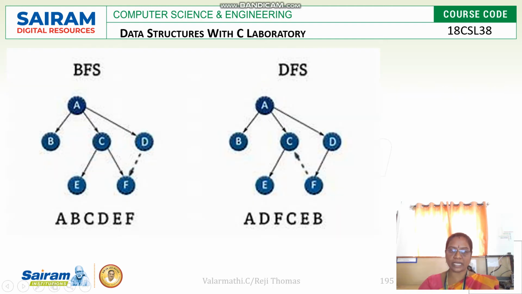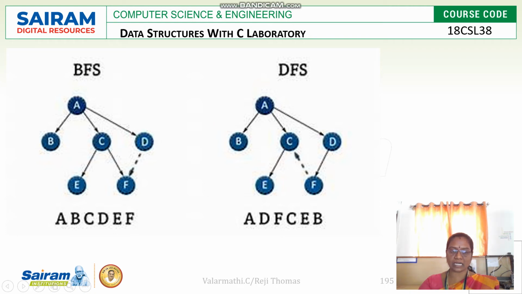So this is another diagram showing how BFS and DFS work. Here the same graph is applied for both cases. Coming to the BFS, BFS traverses in the horizontal direction from left to right. How it traverses is layer wise only. In the upper level, A is the only node, so A is written and visited first.